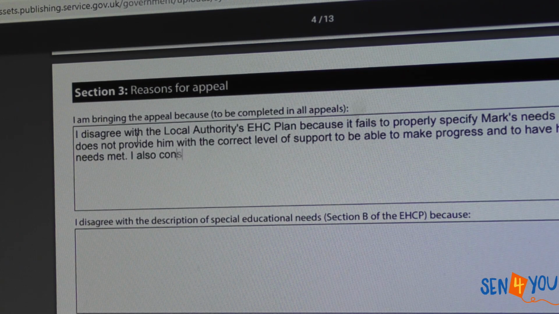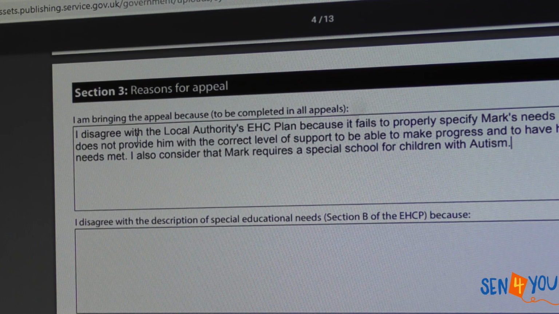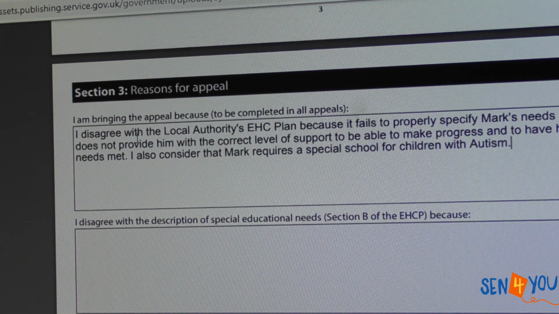I also consider that Mark requires a special school for children with autism. Now, that is the context. So, as I said a moment ago, you don't have to provide a great level of drafting here. You just want to be able to demonstrate this is why you're in this situation. And the tribunal at this point will then ask you to give the information in respect of each area that's